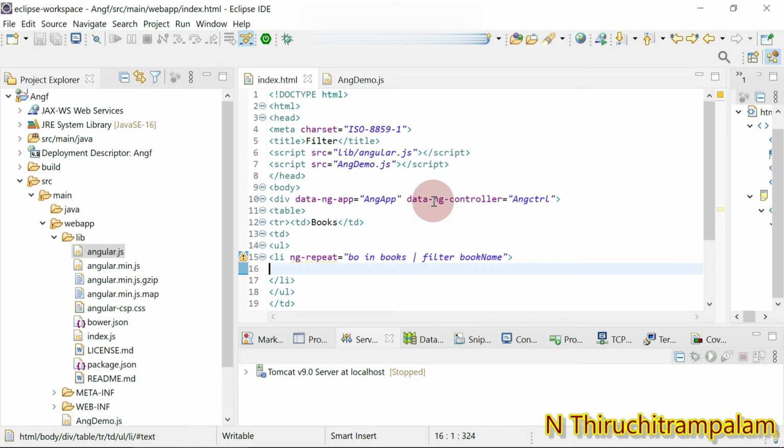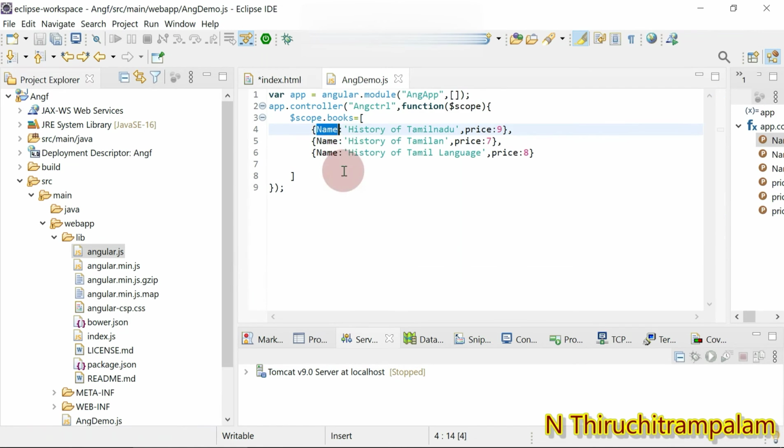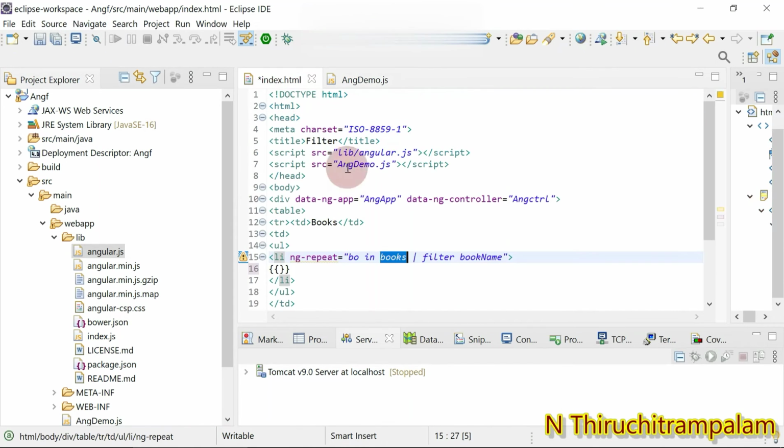So let's see here what I do. I'm going to print within the curly braces. So this is books, it is a property which resides in the scope object, right? So go here, you can see the books, right? That is what I have given in the HTML here.